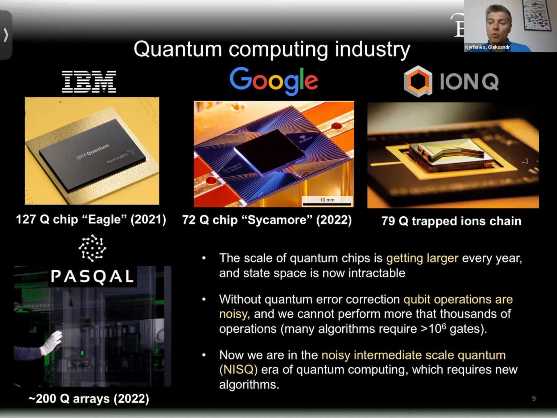But at the same time, we need to be aware that the size of the system is not everything. You have large systems, let's say with hundreds of qubits, but the operations that you can apply without noise corrupting it completely is limited. So let's say we could do it for 1,000 qubits. Recent works of this year were particularly fruitful, with works ranging up to 4,000, maybe 10,000 gates. But